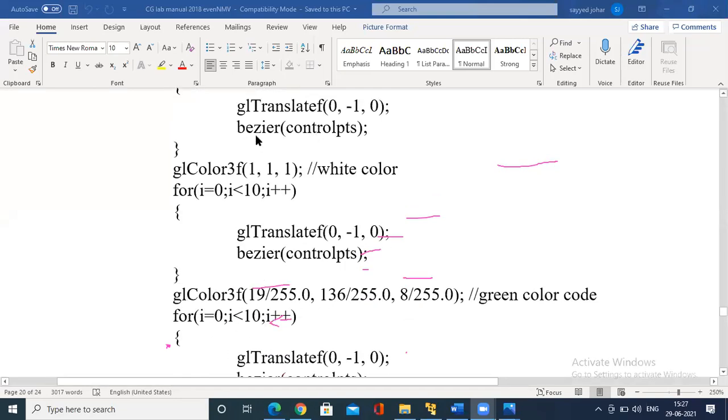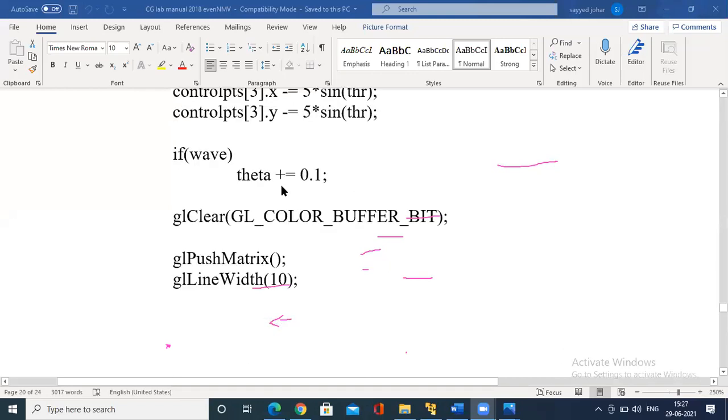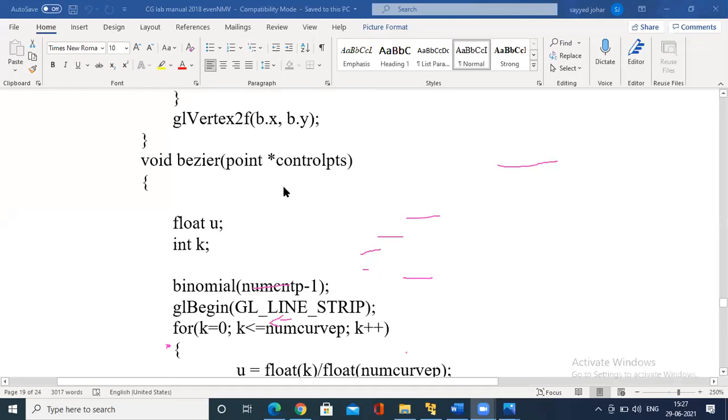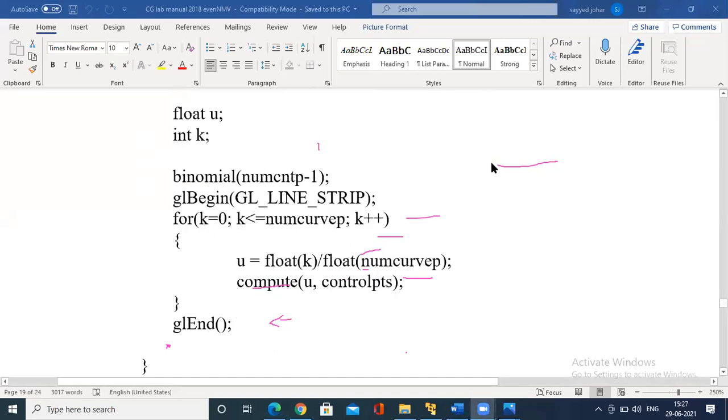Now coming to what is Bezier, you have to understand what is Bezier. So what does the Bezier consist of? Now here, see, Bezier consists of control points. So you have to go to this view of the mathematical concept. Bezier consists of only drawing the line strip. So how many line strips do you have to draw? It is based on the concept. Let me show you.